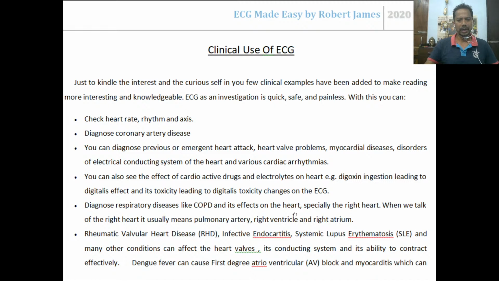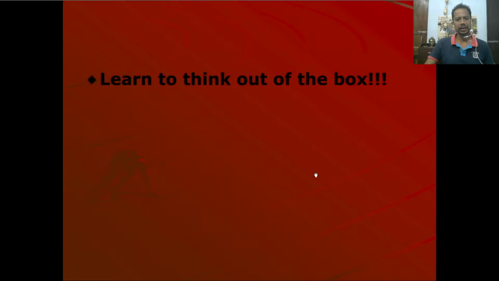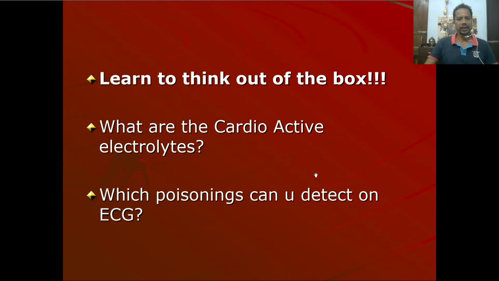Okay. So there are a lot of things. In autoimmune diseases, in SLE you can get Libman-Sacks endocarditis and mitral regurgitation, fenestrations, which obviously you will see on echo, but you will get some sort of sign or symptom in the ECG. In dengue fever you can get first degree AV blocks, and in myocarditis you can get different types of findings. So it is very important to know the ECG, because almost in every disease, even in kidney disease,